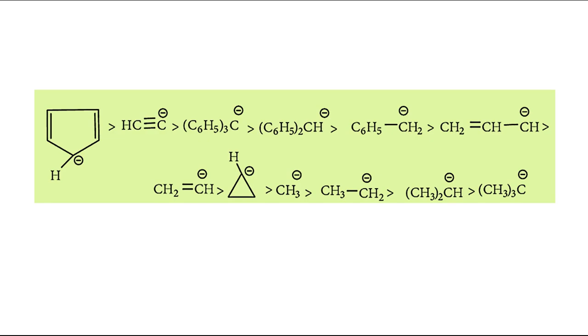Here is the last slide, and here you can see some examples of carbanions along with their orders. The first one is obviously aromatic, then here we have the s character, here we will have conjugation present. So these are the different factors you can see in all these examples, and this is the last one because all these three groups have a plus I effect. Okay, so that's all in this video.